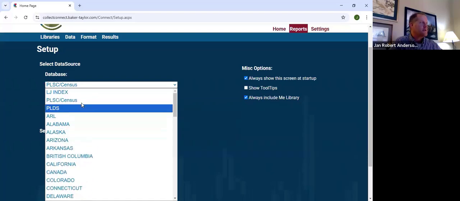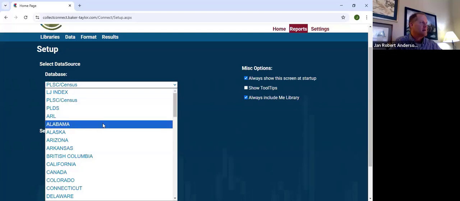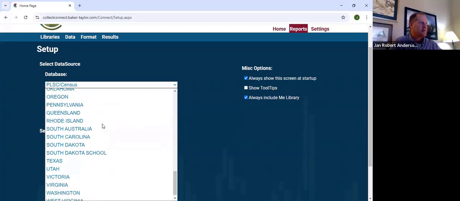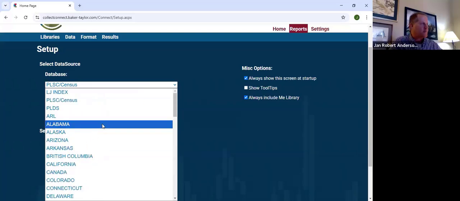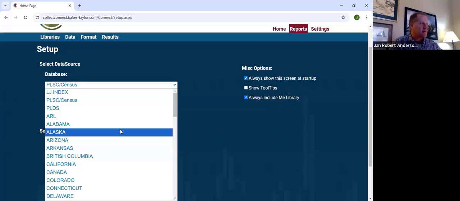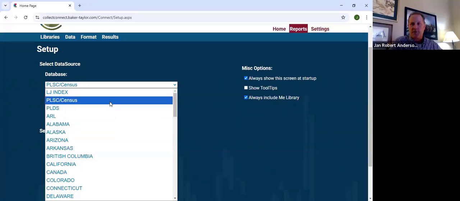Most of them, you can see up here at the top, there's a couple of national data sets. Most of the rest of these are individual state data sets. There's a few Australian states, I think a Canadian province or two. But of course, a couple of these are going to be of more interest to us, which we're going to look at today. The first one we'll start off with here in a second is this